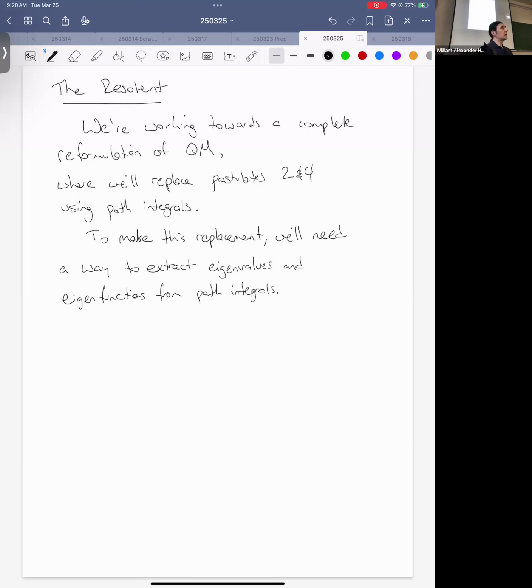So path integrals are very adept at giving you expectation values. And that is one thing that we would like to have as a prediction for experimental measurements. But we'd also like specifically to know what specific outcomes could be, and what are the specific probabilities of those outcomes. And those are therefore eigenvalues and eigenfunctions. And at least in terms of energy eigenvalues and energy eigenfunctions, the resolvent provides the tool with which we can extract those quantities.